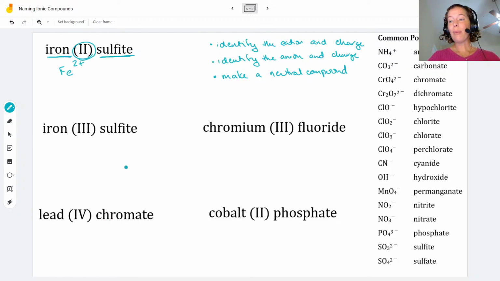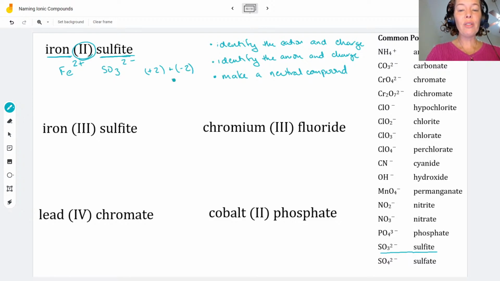Sulfite is a polyatomic ion, so let's find it over here. There's sulfite. So that is SO3 with a charge of -2. Now we proceed just like we've done before when we have the name and we're trying to get to the neutral compound. We're just going to check our charges. So we have a +2 with our iron 2. Our sulfite has a -2 charge. We already have a neutral compound. So all we need to do is write